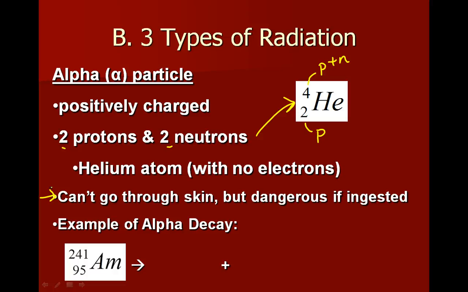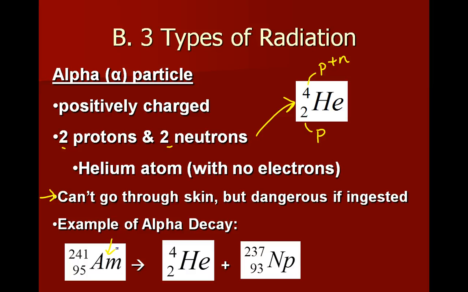Here's an example of alpha decay. This is found in your house. In your smoke detector at home, there's americium, and it gives off radiation, and if that beam of radiation is interrupted, then the fire alarm goes off. So americium decays by alpha decay, which means it gives off an alpha particle. So if it gave off an alpha particle, it would turn into